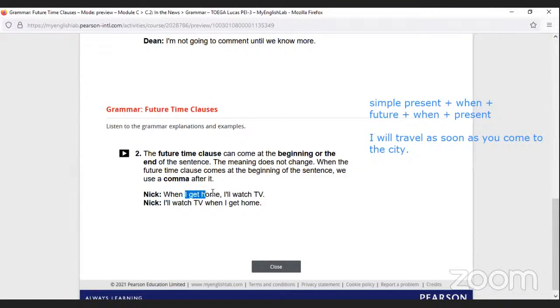For example, here it is starting with simple present: when I get home. So I have to separate it with a comma from the future clause. When I get home, I will watch the TV. So what happens first? I have to get home, and after that I will watch the TV. Both have to be separated by a comma